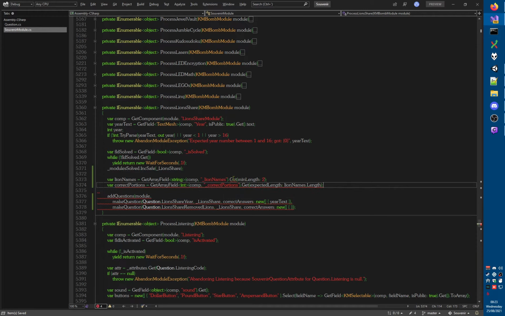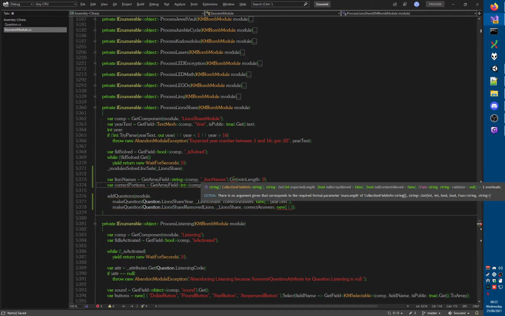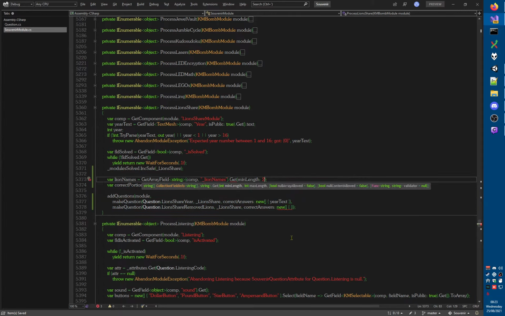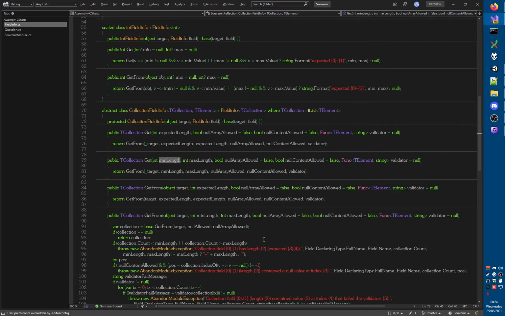Okay, now why is it complaining about this? There is no argument given to max length. Oh, interesting. So max length is not optional. Okay, I'm going to remedy that. I'm going to say that this can be... oh, wait. If I make this optional, then this and this will be confusable. So, what's the best way around that? Yeah, you know what? I'm still going to do this because,